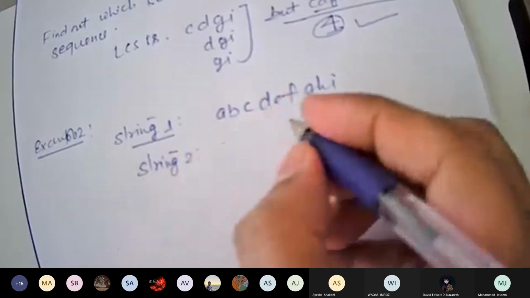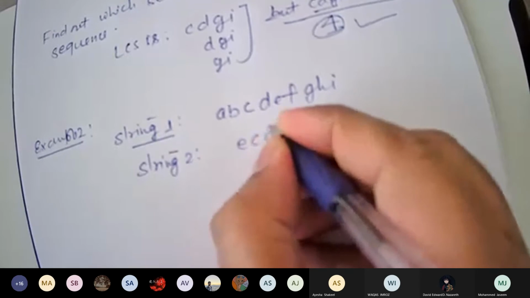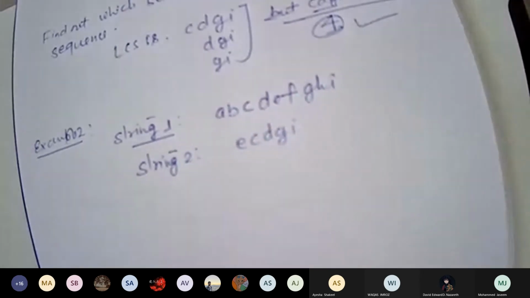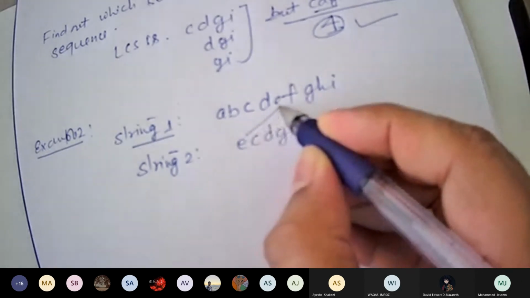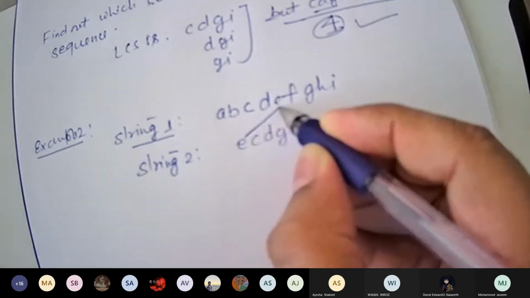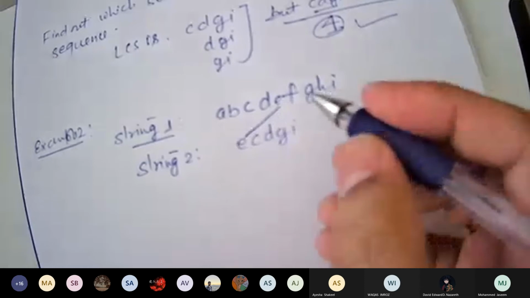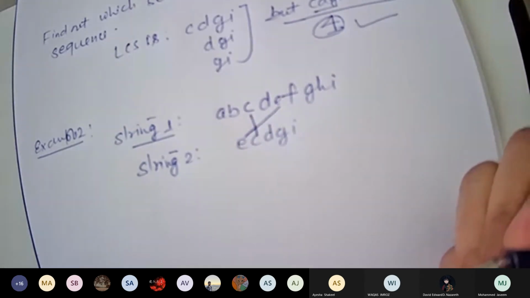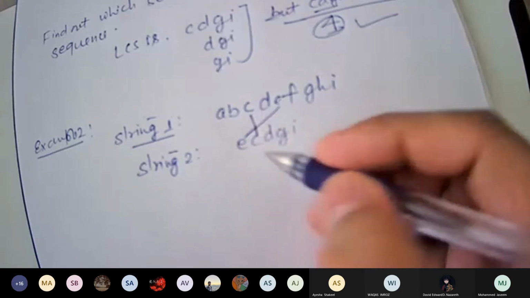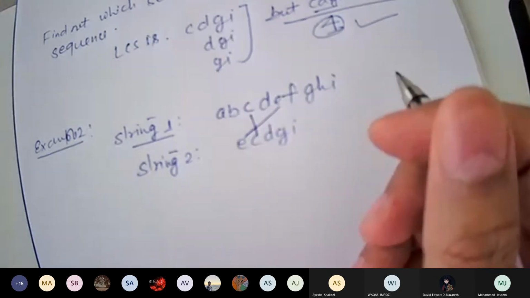Let's take E, C, D, G, I. Now here what is happening? E is mapping here and C is mapping here. Isn't it? So this intersection is not allowed.